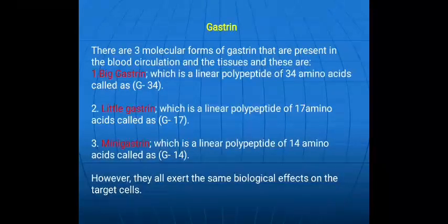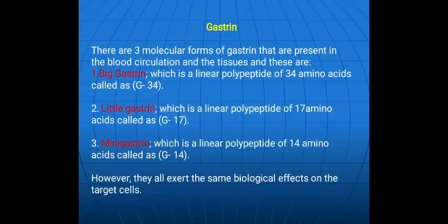The first hormone, الهرمون الأول الذي سنتكلم عنه, is called gastrin. There are 3 molecular forms of gastrin that are present in the blood circulation and the tissue, and these are